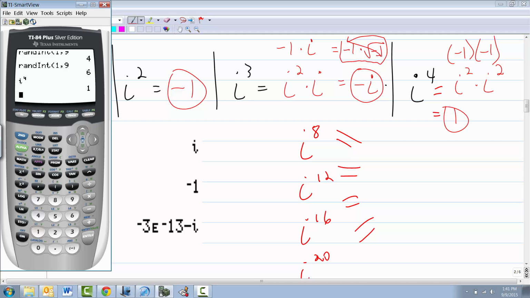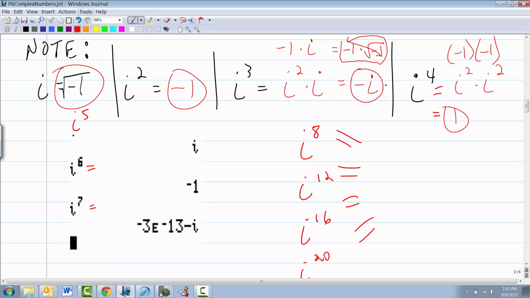So I could teach them to do that, and then they've done nothing. They have no idea what the letter i even means, and that's what I'm worried about. I get a lot of students that are button pushing screen copiers. So you should hopefully know how to do this without this, but I'm showing you this as a tool.